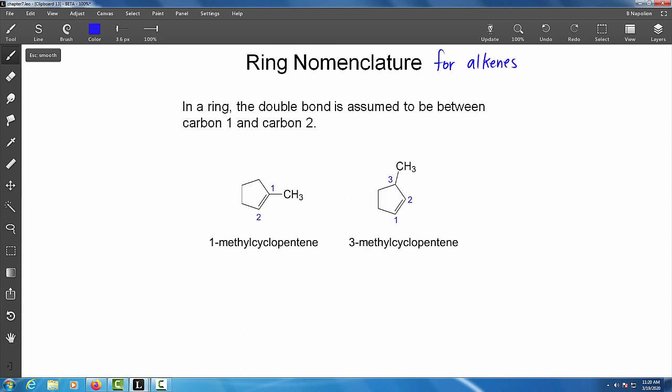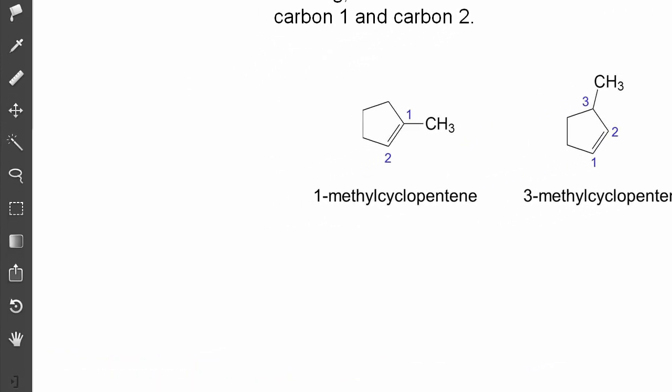Okay, so our ring nomenclature, we want to do the same thing. We want to get to the double bond that's going to give us our lowest number. So instead of, if I use this for example, you recognize this as cyclohexane. Okay, so if I put a double bond